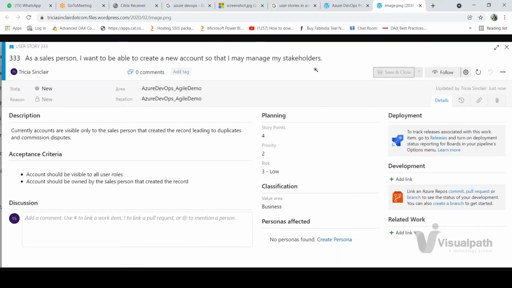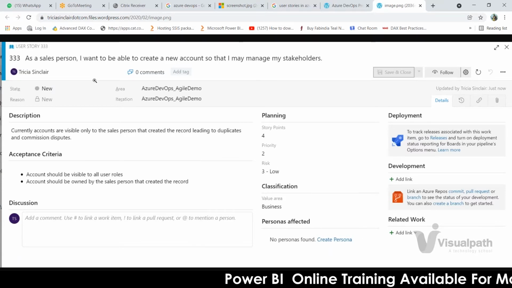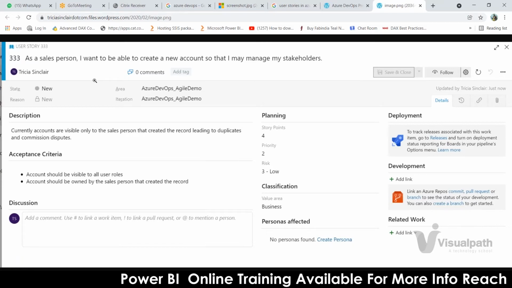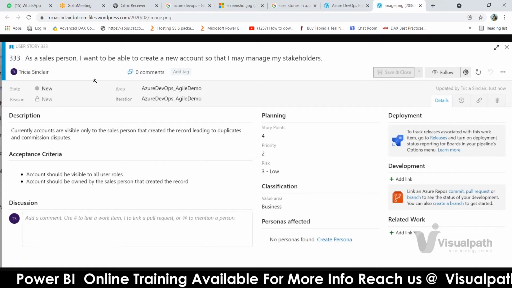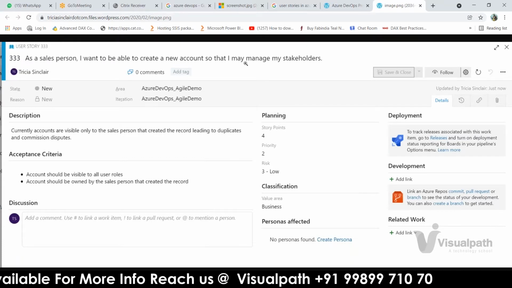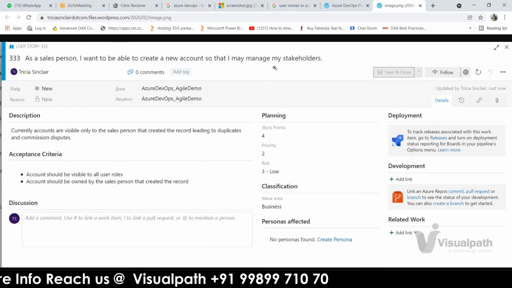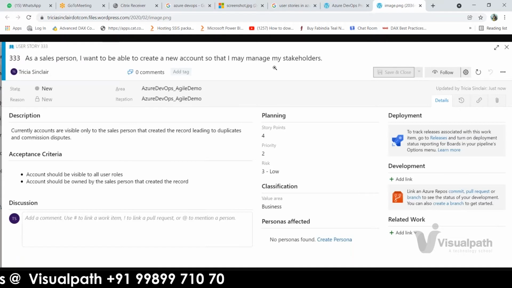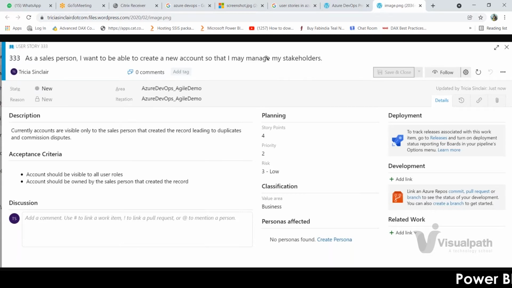For example, if due to any reason you are not able to finish this particular user story in this sprint, I'm not talking about the planning hours, you need to inform your team lead, "Hey, I'm not able to finish this user story in this sprint because it's taking a lot more time to develop, so can you move it to the next sprint?"